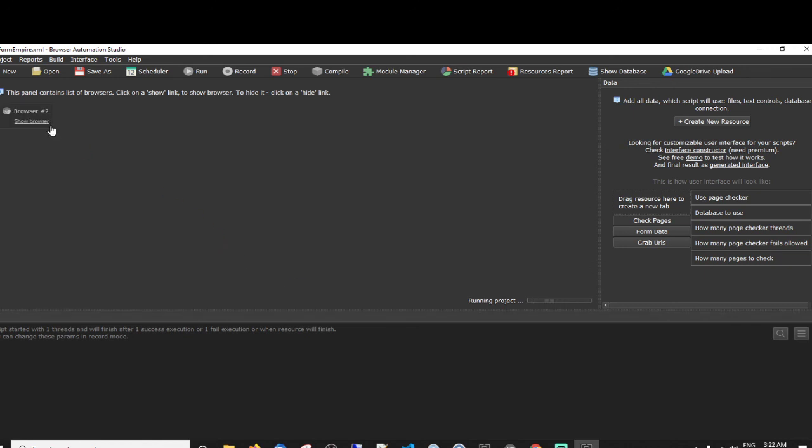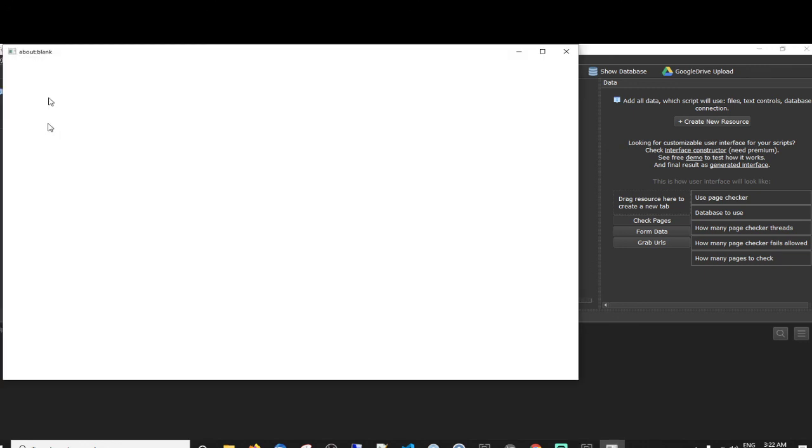Okay, the browser's started. Let's just check that it's actually going to the site. Come on, mate, load a bit faster. I should give it a timeout limit as well because, wow, what's happening?